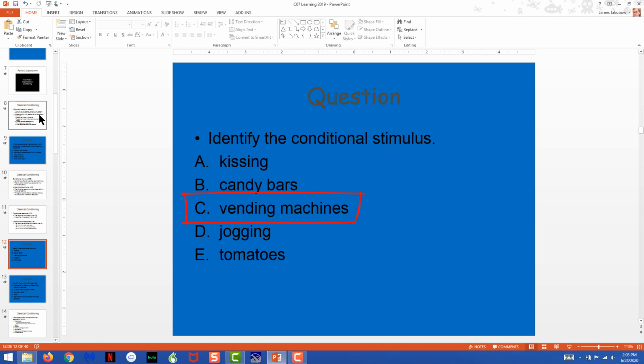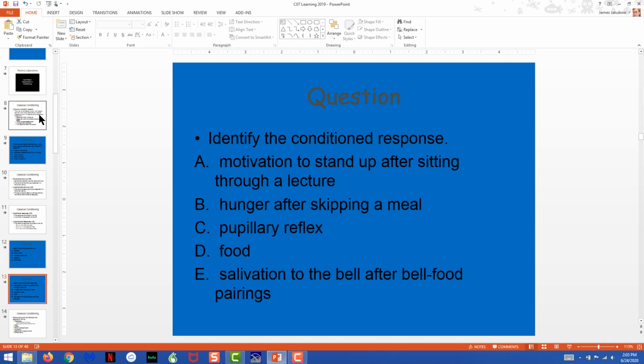So you see a vending machine, you approach it, and then you get a candy bar out, or you get a soda out of it. But you always have to find it first. The presence of the vending machine always precedes your acquisition of the item from inside of it. And that produces a natural association between the visual presentation of a vending machine and the object that's inside of it. Let's take a look at one more question.